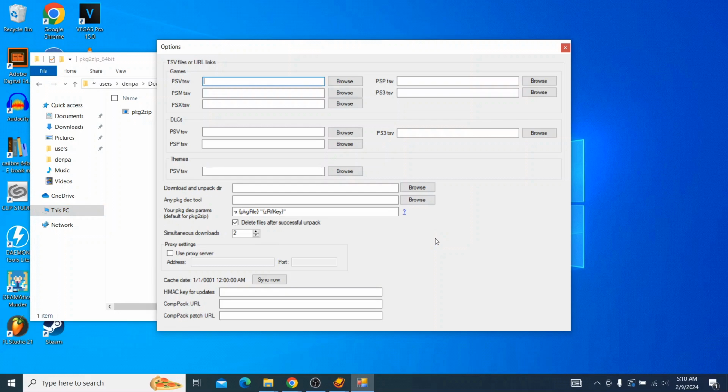The NoPlayStation browser plugs you directly into the archive, so you don't have to download games from sketchy sites with ads and other garbage. The archive is split into smaller databases based on the file format of the game, such as PSV, PSM, PSX, and so on. The URLs for these databases all follow the same structure: